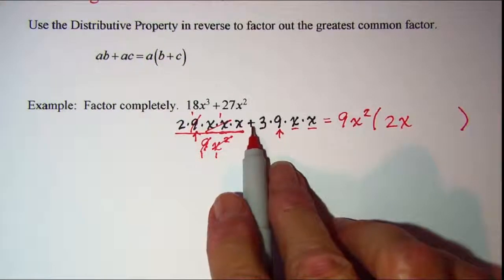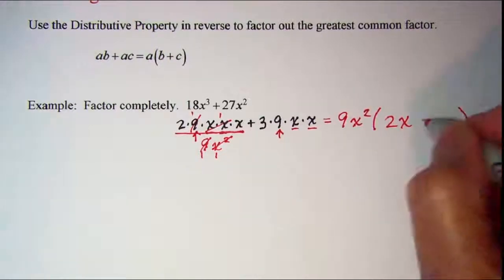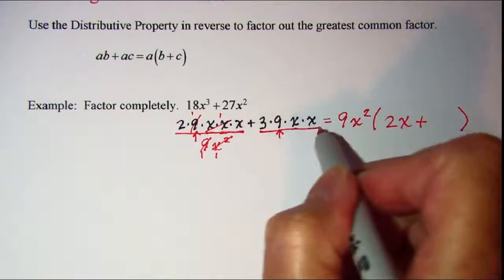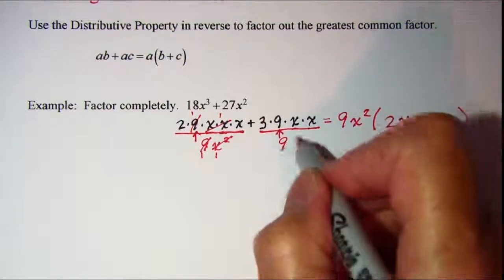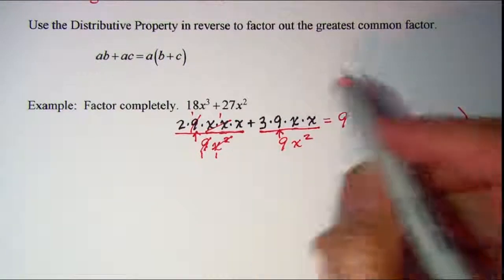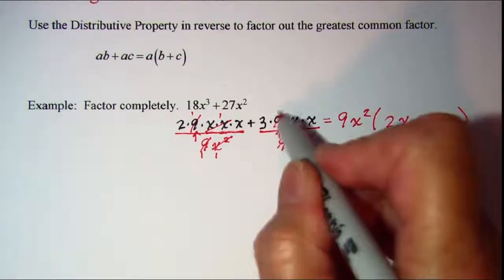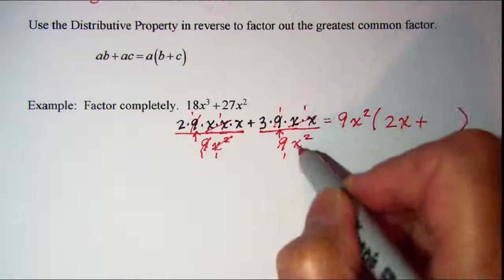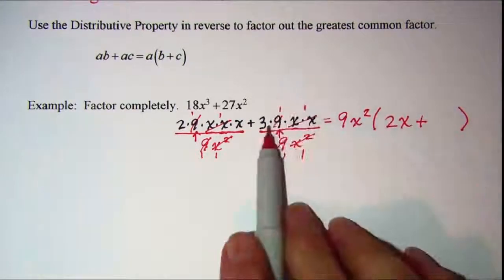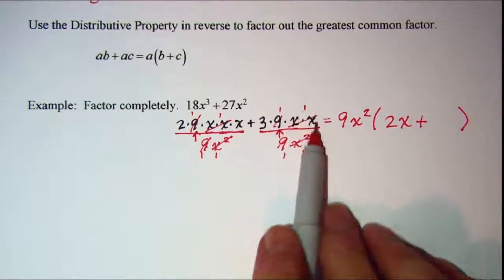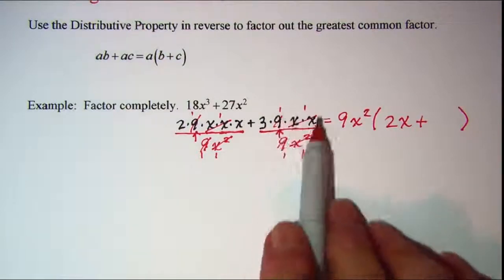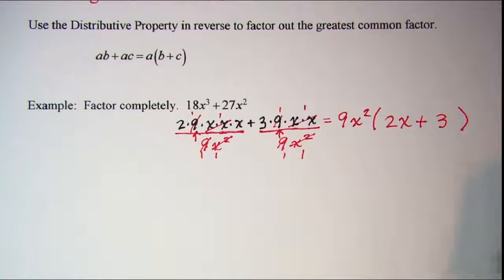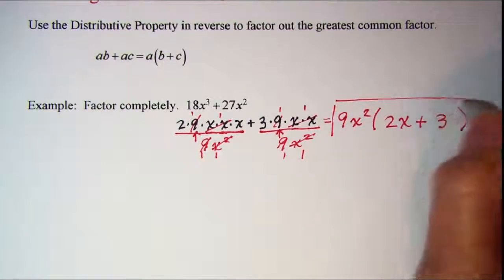Then my operation between the two terms is plus, and then I'll do the same thing with this term, divide by 9x squared, and I have 9 over 9 is 1, and x squared over x squared is 1. So the factor that I have left is 3 times 1, which is just 3. So this is my factored form